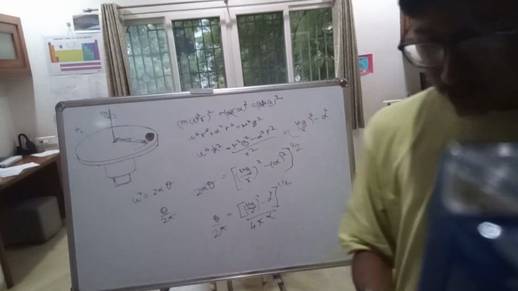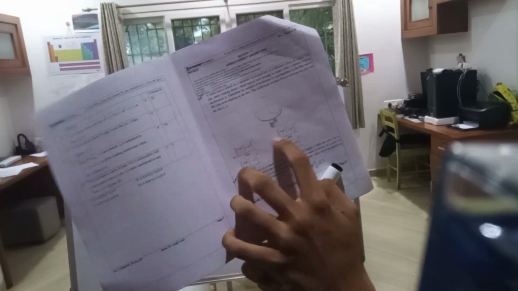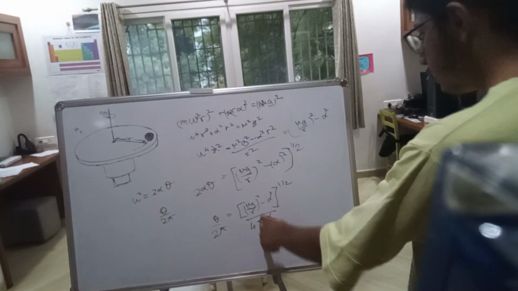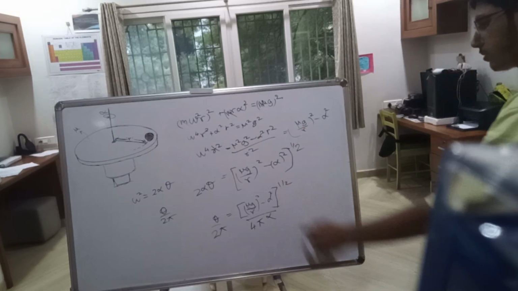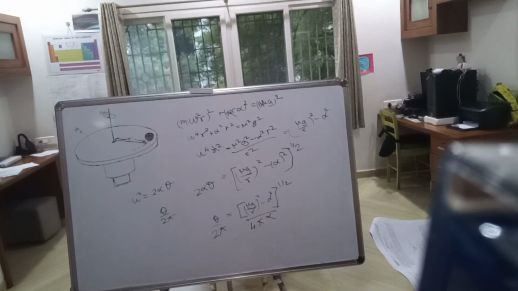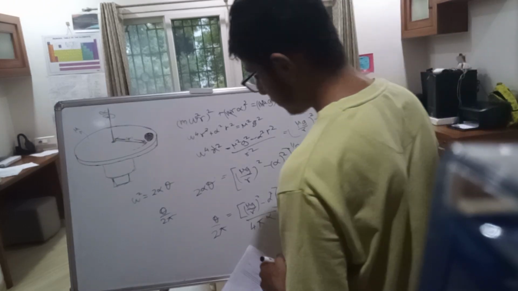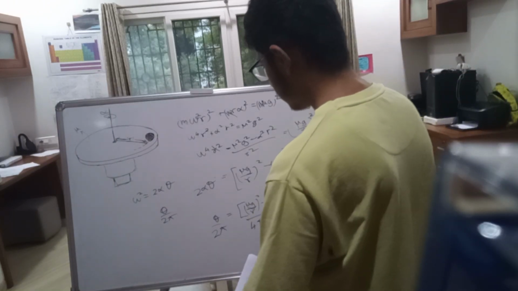Okay. So your answer is going to be, I hope you can see the paper, the second option: ((mu g by r) the whole square minus alpha square) divided by 4 pi alpha, over power 1 by 2. So this is going to be your answer. So the number of revolutions, let me denote it by n, since the question is denoted by